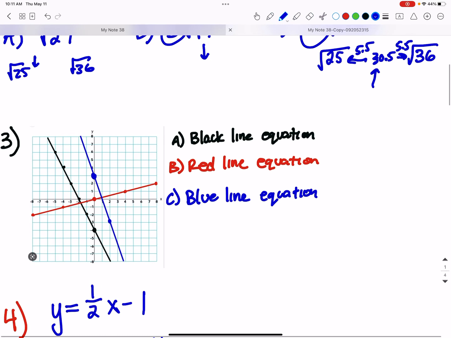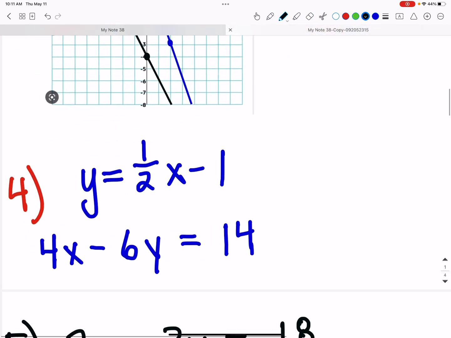Number 3, these should be easy. Just get your y equals, tell me the slope, tell me the y-intercept. Number 4,